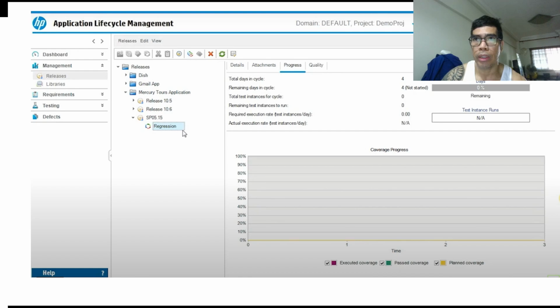So, questions for the releases. Can the releases overlap? No. You should finish your target date for release one before you proceed to release two. Can cycles overlap? Yes.